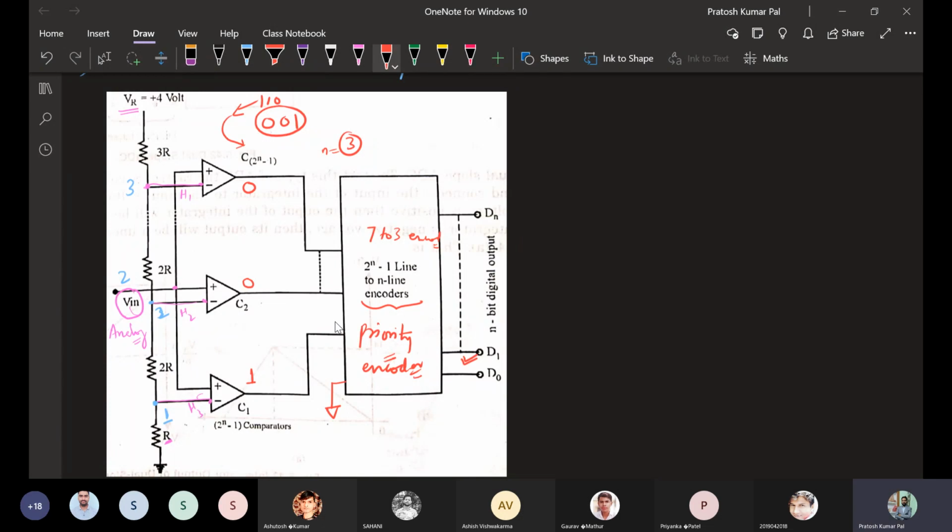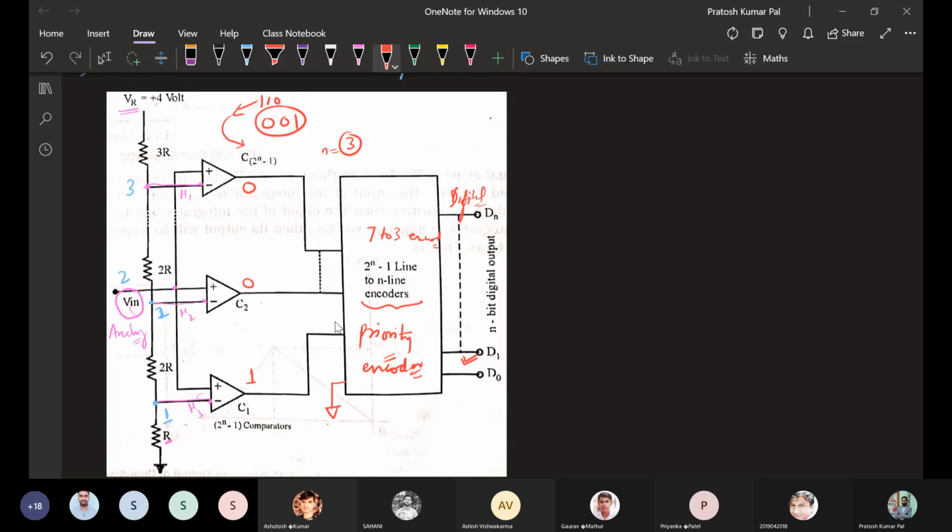Okay. So here, instead of directly using the encoder, we can use an encoder also, or we can use a priority encoder. If we are using an encoder, we have to use XOR gates here. If we are using a priority encoder, there is no need for XOR gates. So an encoder will be used, 3 to 7, 7 to 3 or 8 to 3, and with respect to that, one will be grounded. Whatever value the comparator has, with respect to that it will be encoding these comparator component values to a digital form, and that will be given out as a digital value.